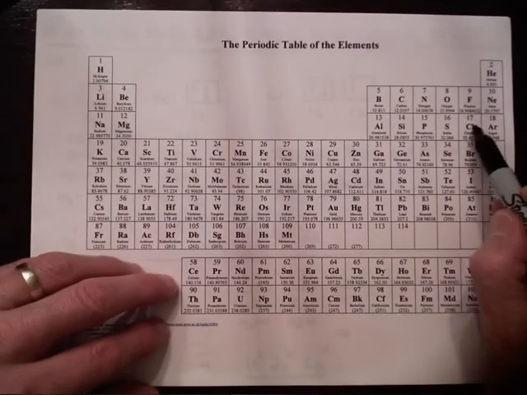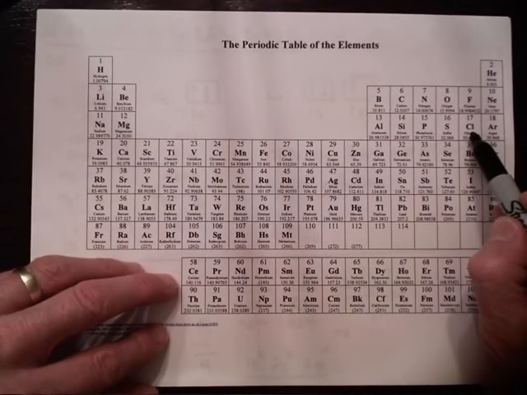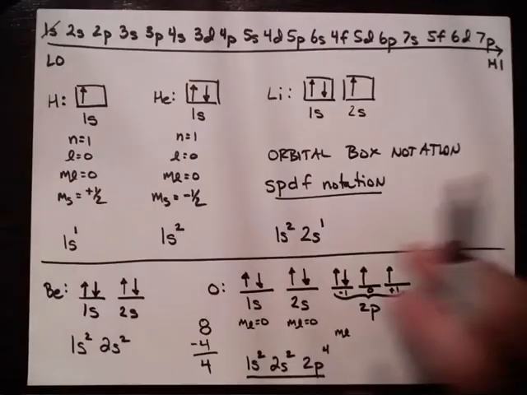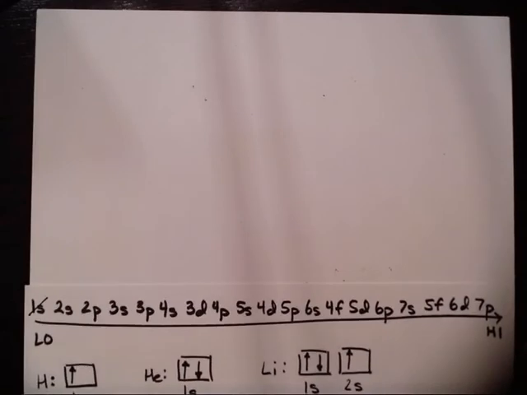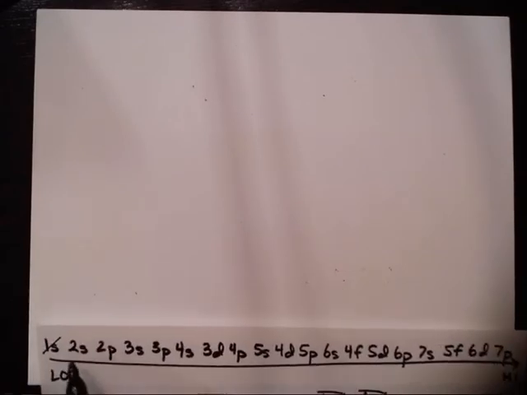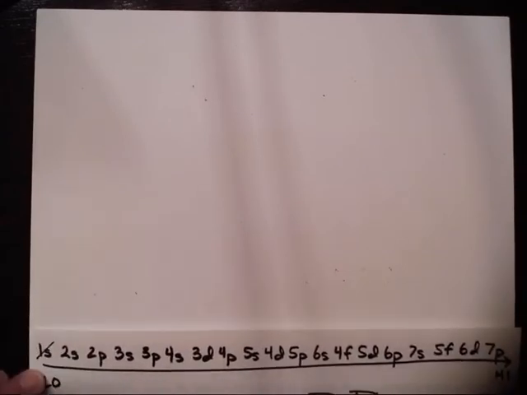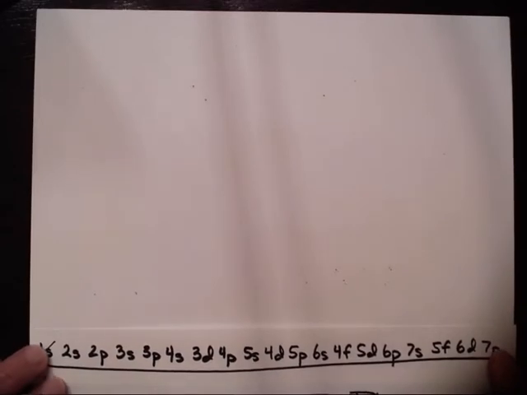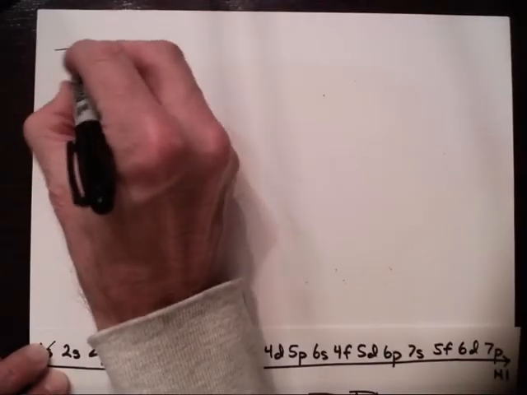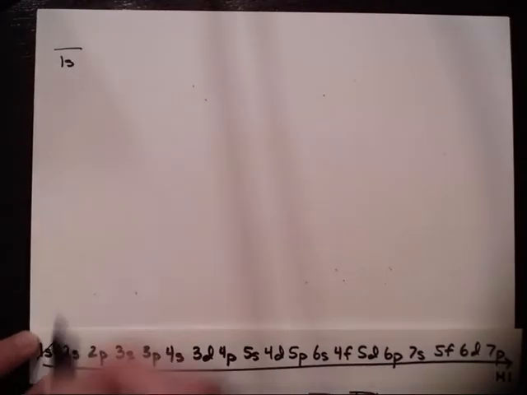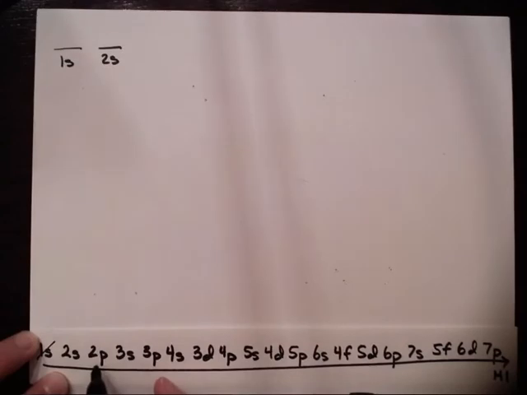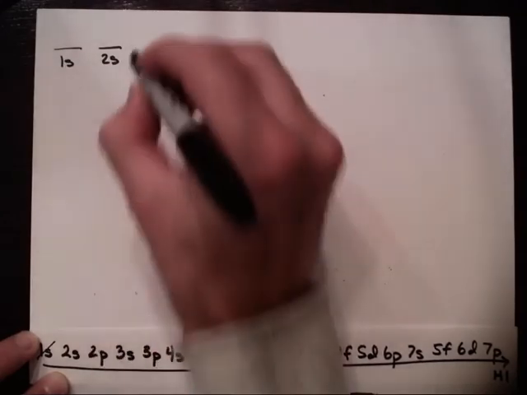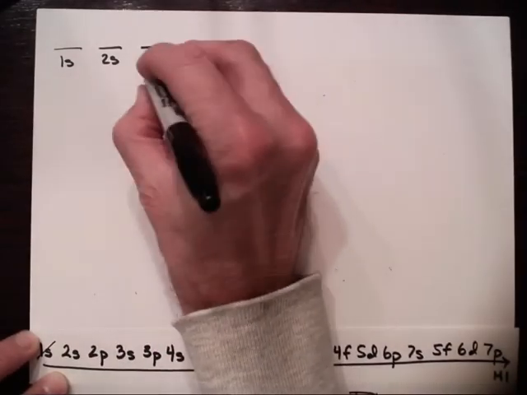Okay, let's try chlorine. We're going to go all the way down here to number 17. So I've got to stick 17 electrons in. I'm going to keep this down here so I can sort of keep track of my orbitals that I'm going to fill in terms of energy. And I'm going to write, let's see, 1s is first, and then 2s, and then 2p, but for a 2p I'm going to use 3 orbitals. Remember, a 2p subshell gets 3,